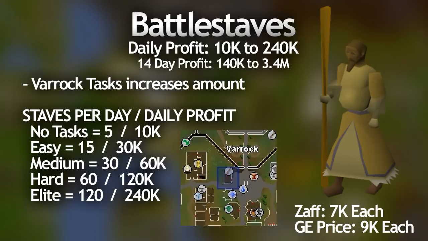Basically, Zaf sells battle staves for only 7k each, and the grand exchange price is currently about 9k per battle staff, so with each staff you make about 2k in profit. Without any tasks completed, he sells you 5 battle staves a day. With easy, he sells 15, medium is 30, hard is 60, and then with elite, he sells you 120 battle